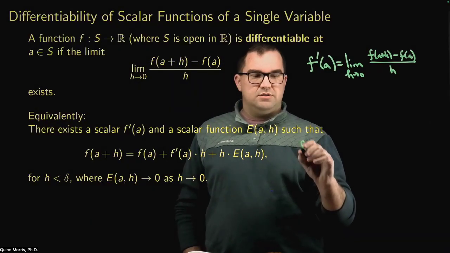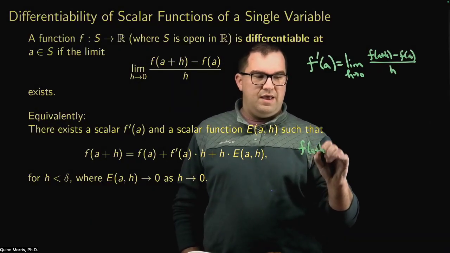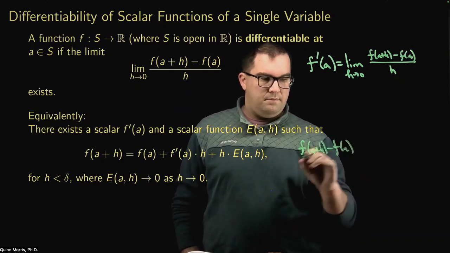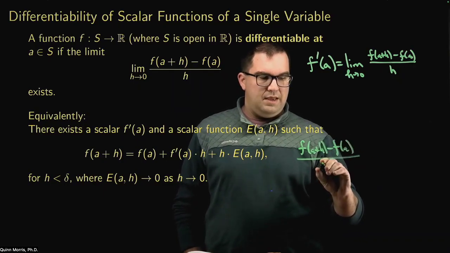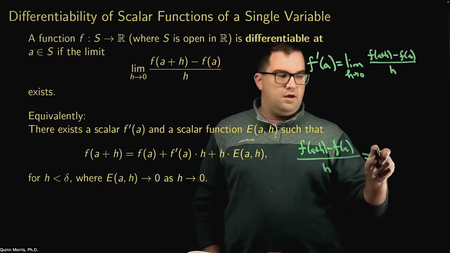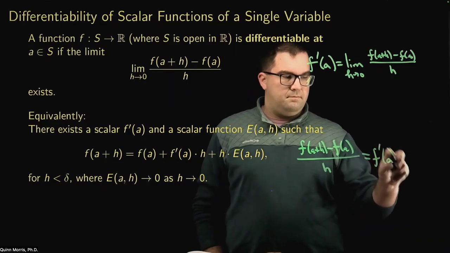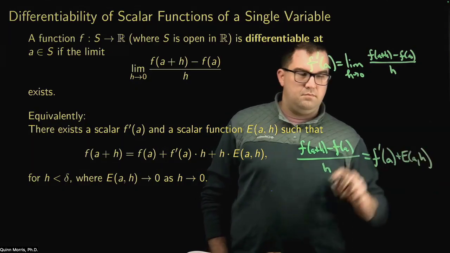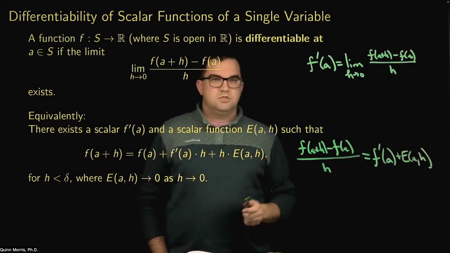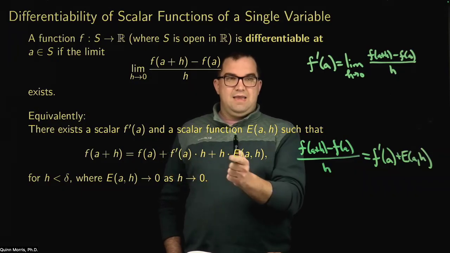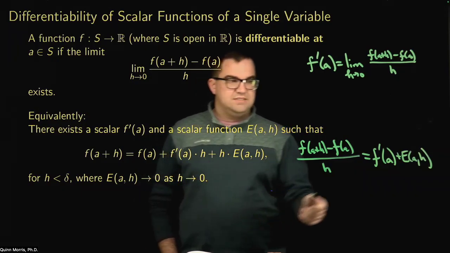If I subtract f of A over and divide by H, this expression would become this. So if there exists this scalar, f prime of A, and this function which satisfies these properties, then